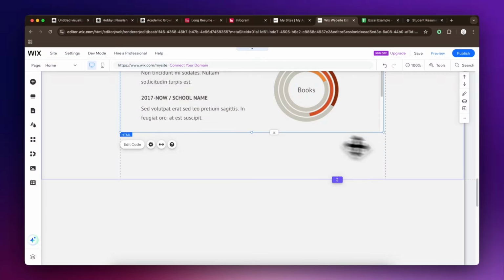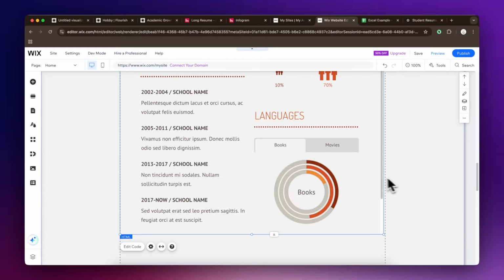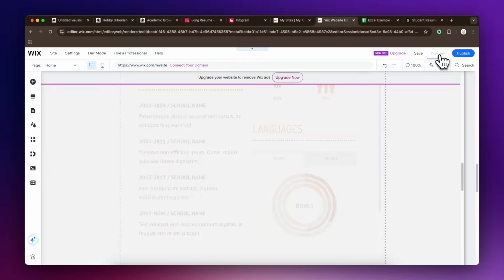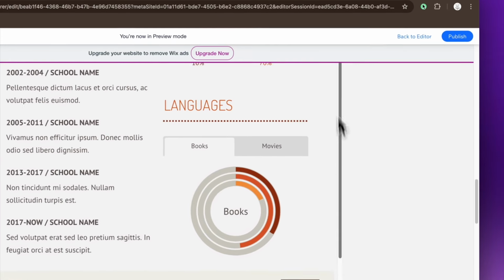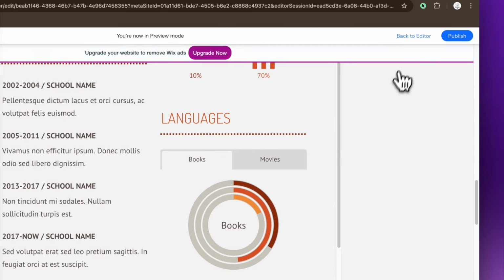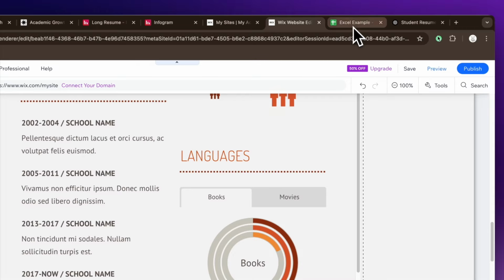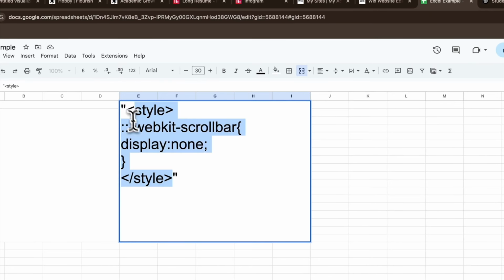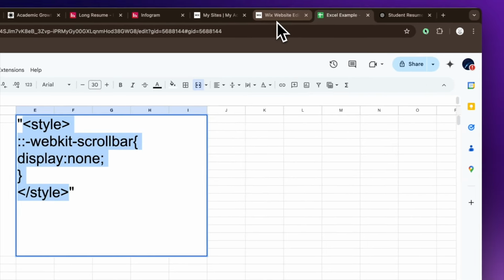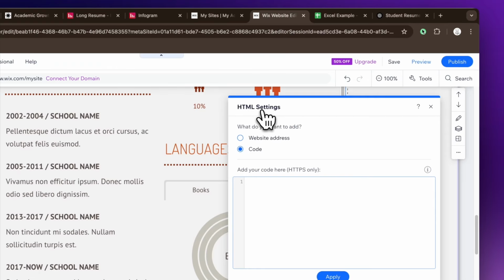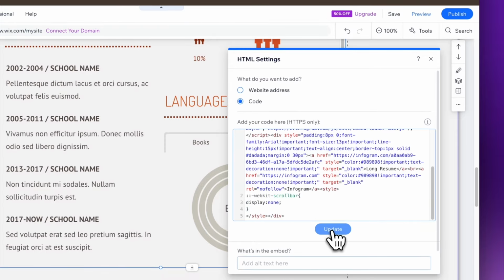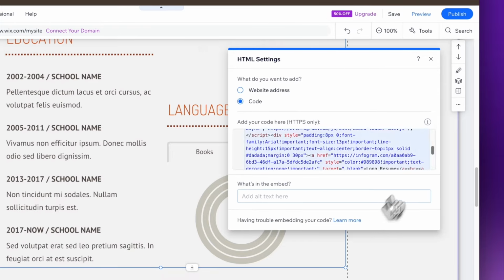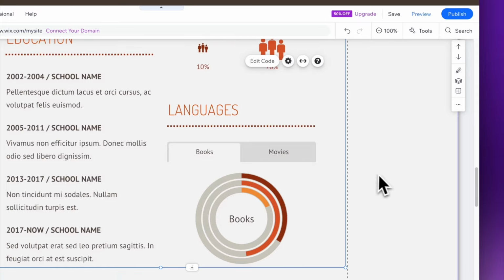If you try to hide it, a scroll bar will appear on the right. If you click Preview, you'll notice 2 scroll bars on your website, which looks strange. To prevent this, I have prepared a code to hide the scroll bars. You can copy and paste this simple code before the tag in your web page. Remember, place them in the correct position. In this case, it's okay to paste inside or outside the division parts. After updating, the result looks much cleaner and more professional.